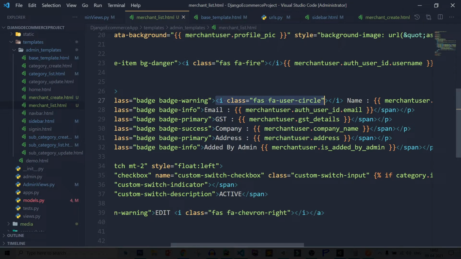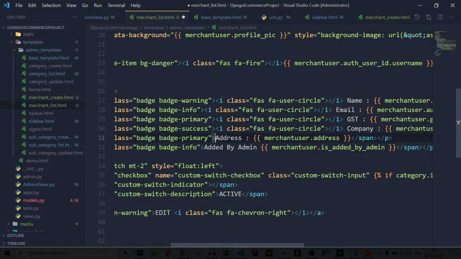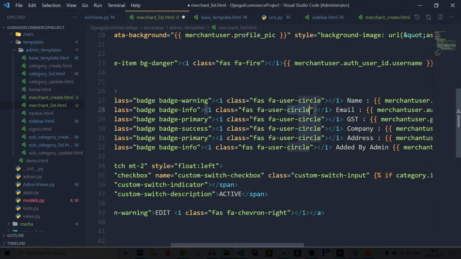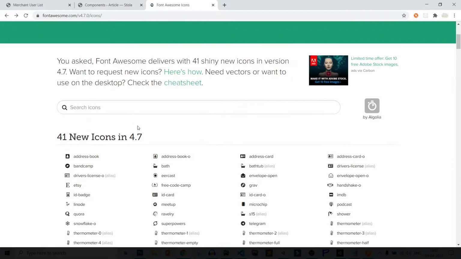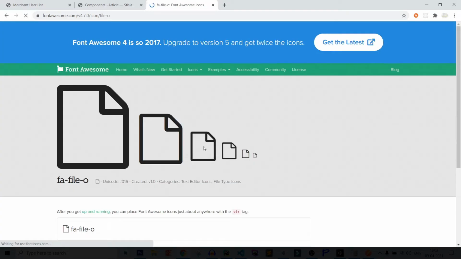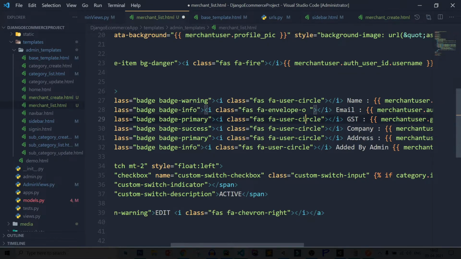and just do one more thing. Copy this, add it here, add it here, add it here, and add it here. After that, copy this icon name, paste it here, then GST. So GST is for tax. So let's see document, and here it is showing some document. Let's copy it, paste it,